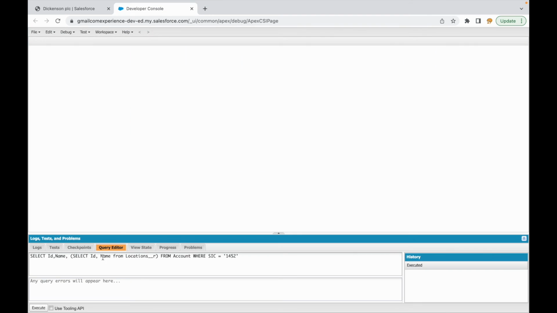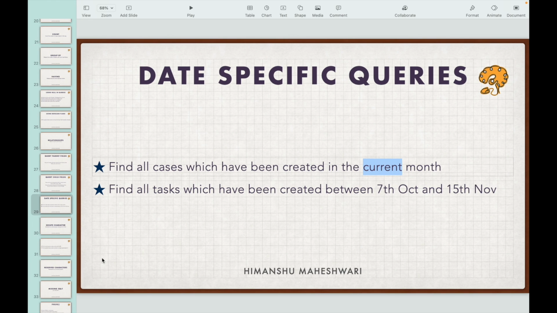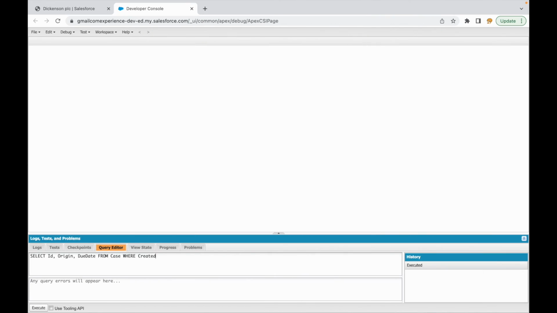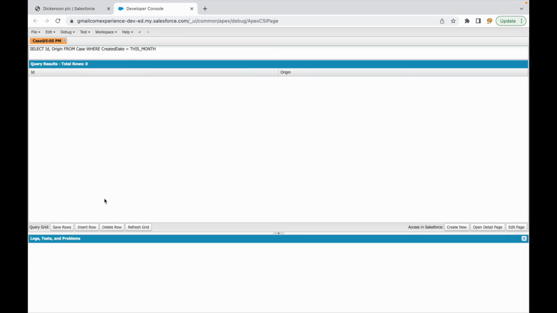So what I do is I'll say select ID, origin, due date from case where, what is it I want to check? Created in the current month. So there's something that's called a created date in the current month. Now how do I write current month? I write it like this. This is a keyword I get. If I say execute, it says due date is not available. I'll get rid of this. I'll say execute. So you see, currently there's no record because there's no record that has been created in the